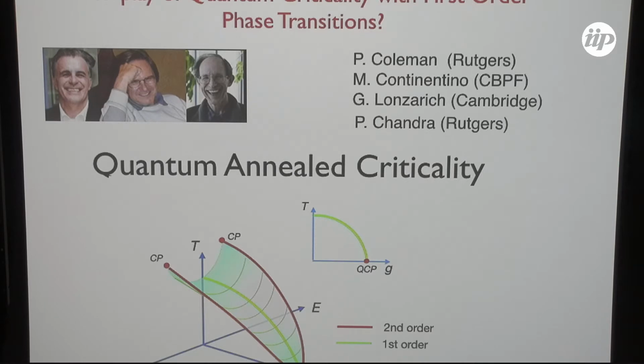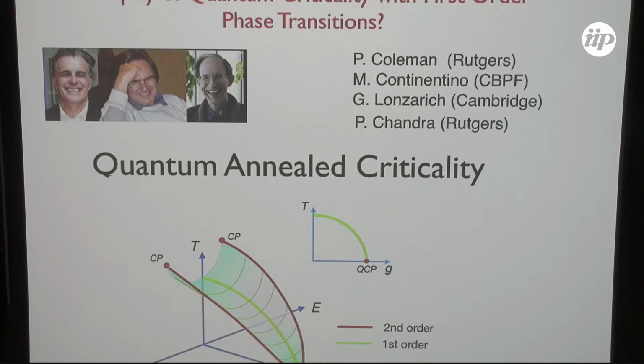Experimentally, there are a number of compressible systems that show lines of first-order phase transitions, and yet still indicate quantum criticality. Naively, we might think that if you have a classical first-order transition, you might have a quantum first-order transition. But what seems to happen in these systems is that classically we have discontinuous transitions, and yet we have evidence for quantum criticality. And so our project was to try and develop a theoretical underpinning for this phenomenon.